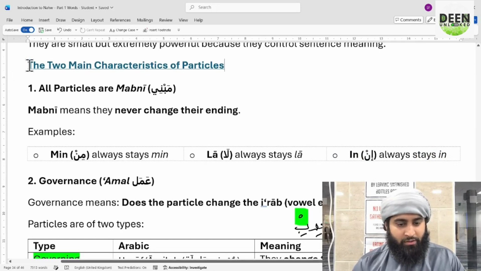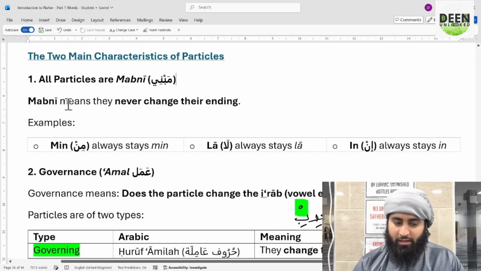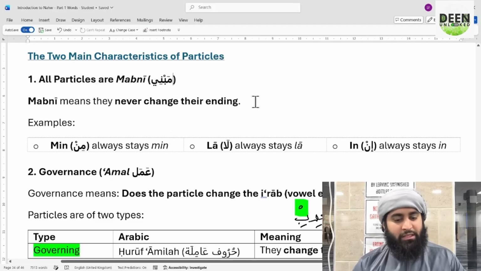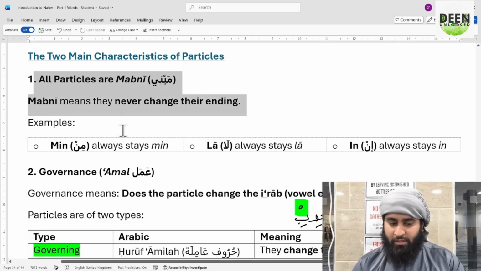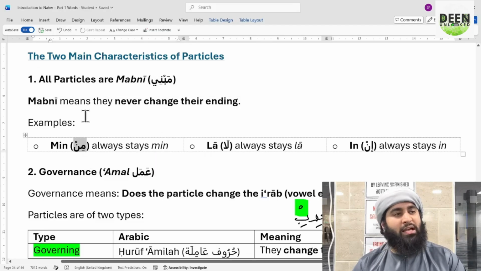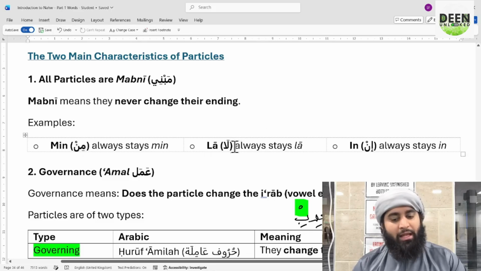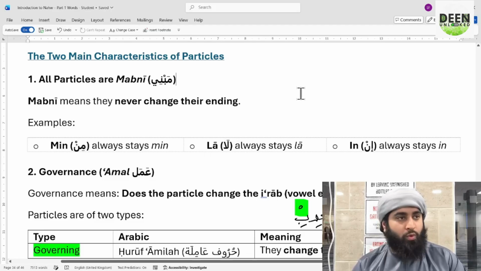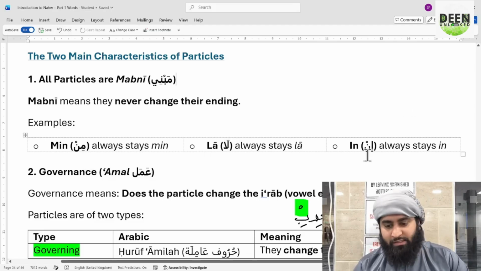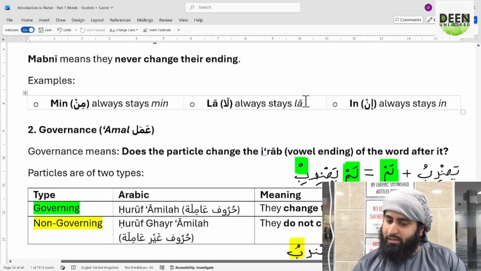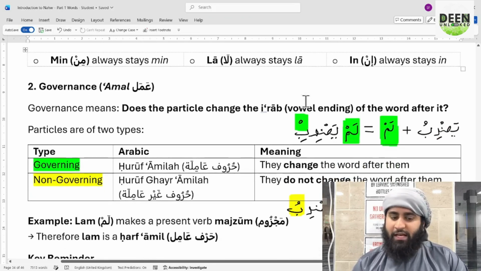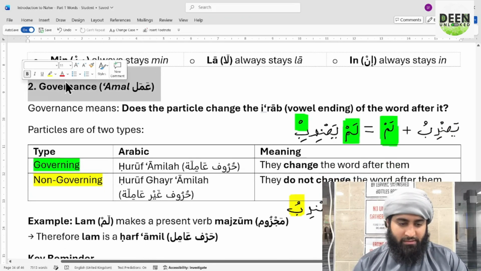So the two main characteristics of particles are that all particles are mabni. Mabni meaning their endings never change. For example, min, you will never see it as anything else. La, it will always be la. It'll never be li, lu. It will stay like this. And in will always stay this, in this manner. Now, the second characteristic is